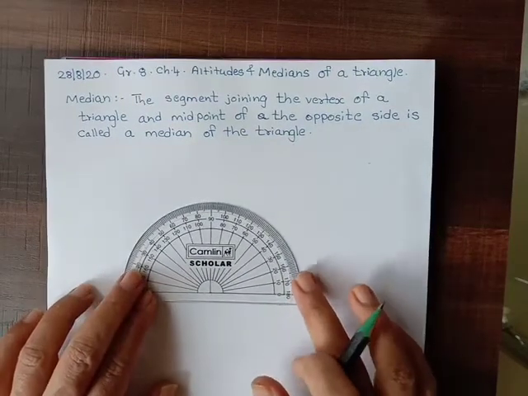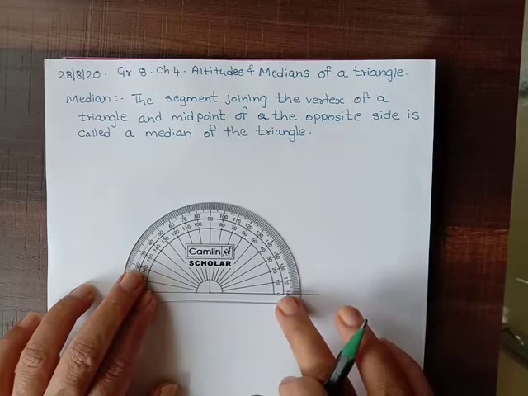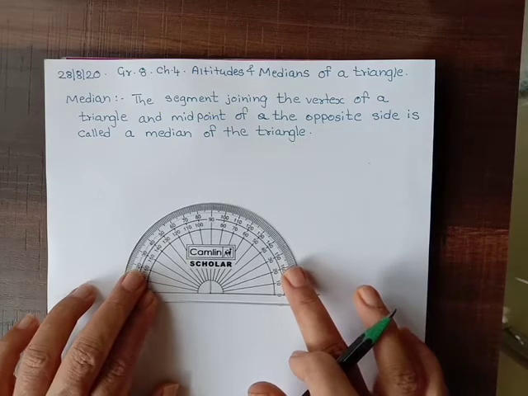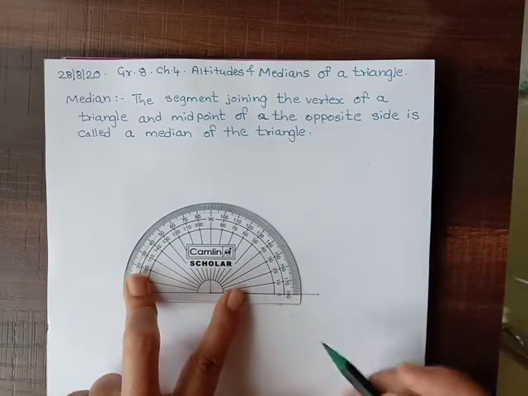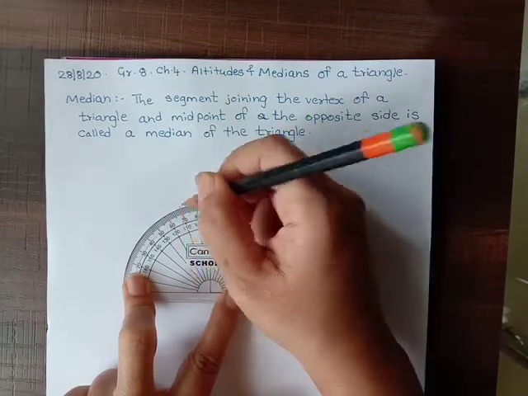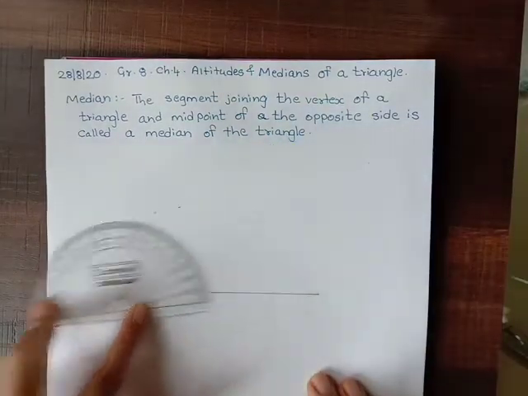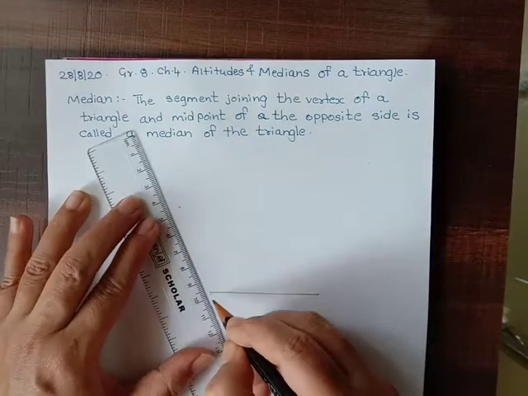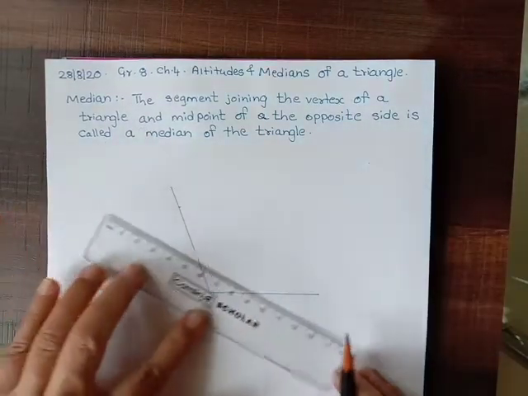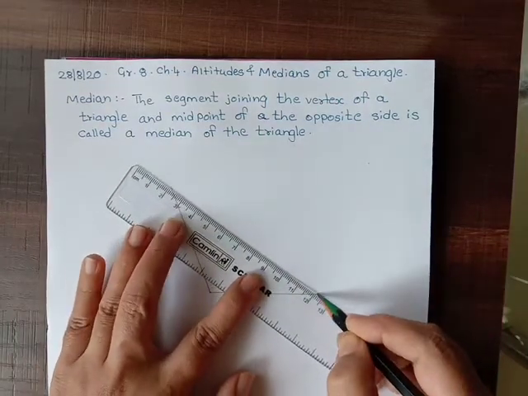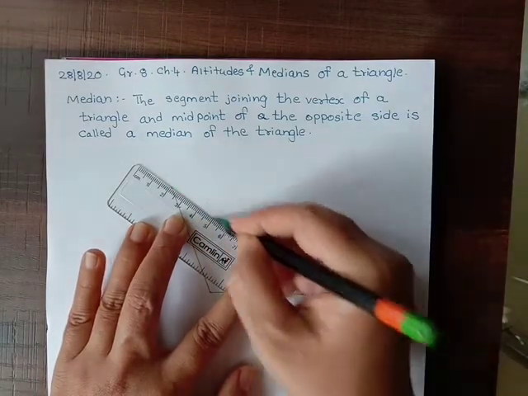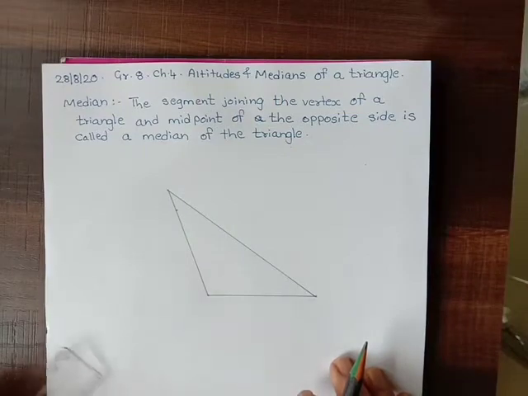I am placing the scale at my left hand side. So left hand side means word Lena, you remember? So I will be using inside scale. Now let's take an angle of 110 degrees. This is 110. I am joining these two. You can take an angle of any measure to draw an obtuse angle triangle. Okay, this is my obtuse angle triangle which I have got.